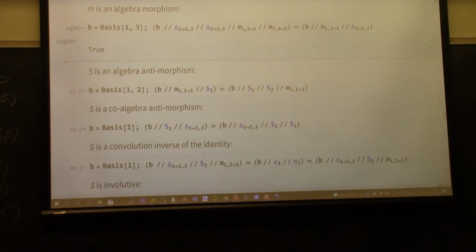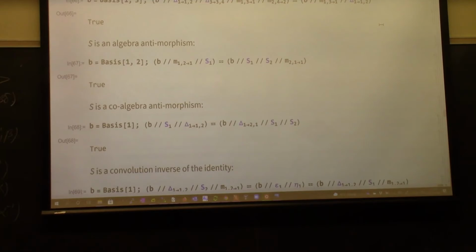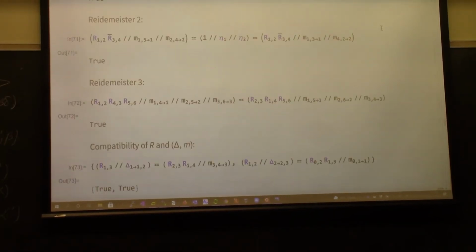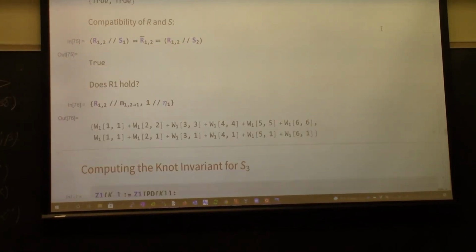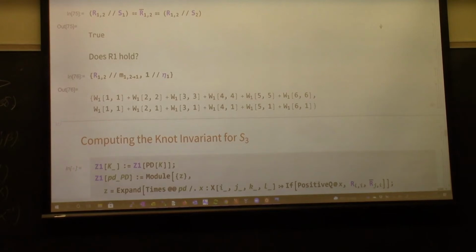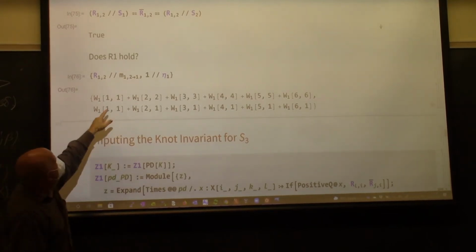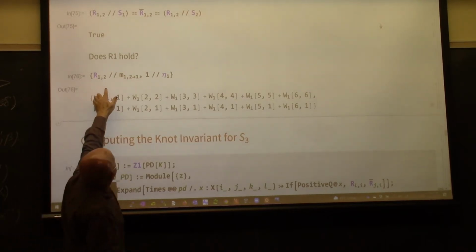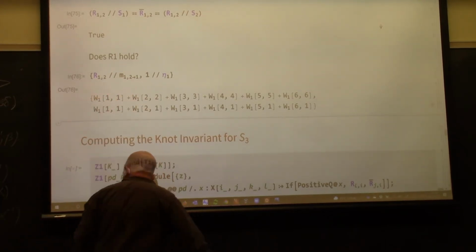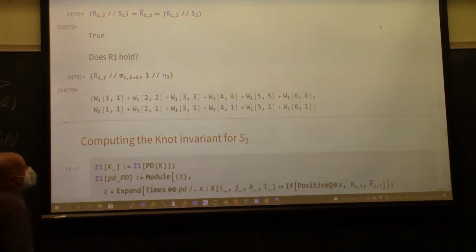Maybe I'll just rerun this whole chapter. Why is it taking time? I don't know. But anyway, everything prints true, so we're done. Oh, except for Reidemeister 1. So does Reidemeister 1 hold? So what is Reidemeister 1? So Reidemeister 1 is